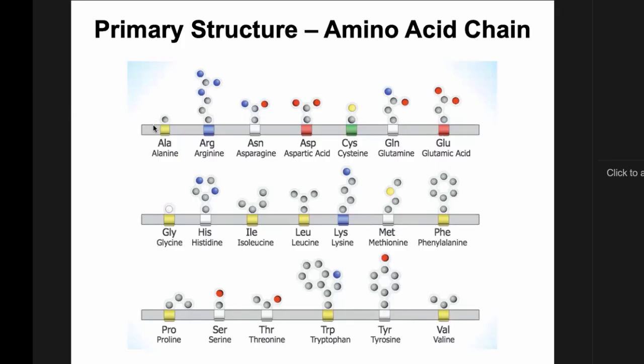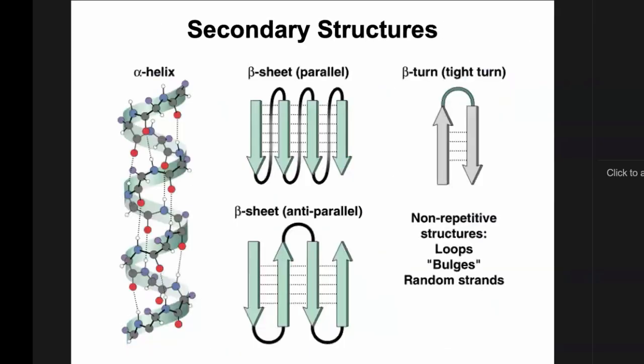And you can see that there's the backbone, which is the alternating nitrogen, carbon, carbon, nitrogen, carbon, carbon, nitrogen, carbon, carbon of each of the amino acid residues. And then all of these little balls here represent the side chains of the individual amino acids hanging off the side of this amino acid chain. That amino acid chain then either coils or folds to form these secondary structures, which we've talked about some of